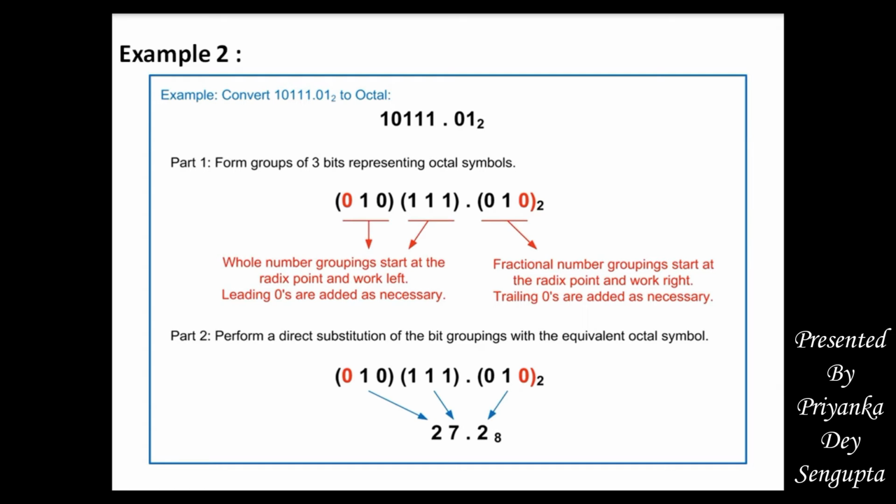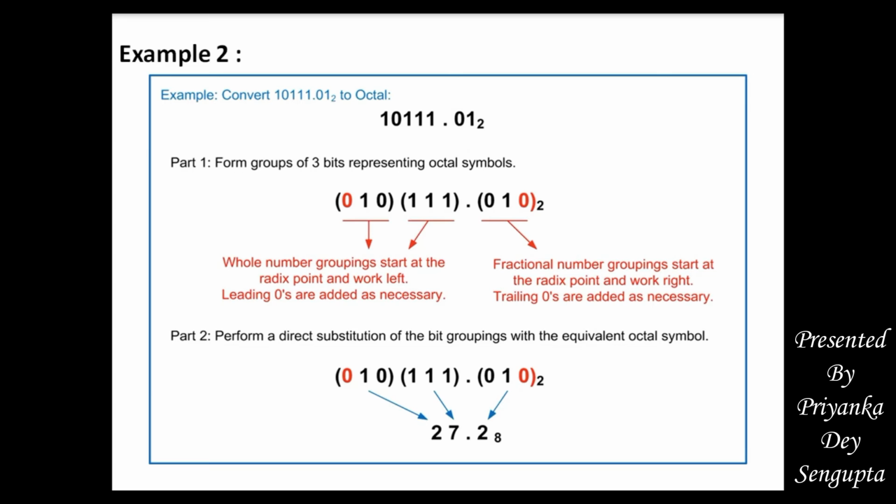The actual number is 01, but again, we have to make groups of 3. So I will add 0 at the end, because after the decimal point, if we add a 0 at the end, it doesn't make a difference. It doesn't mean anything. So it will be 010, just to make it a group of 3. The rule is that if we are not getting a group of 3 digits, we can add 0, 1 or 2 zeros, as many as needed, in the beginning of the number if it is before the decimal point, and at the end of the number if it is after the decimal point.